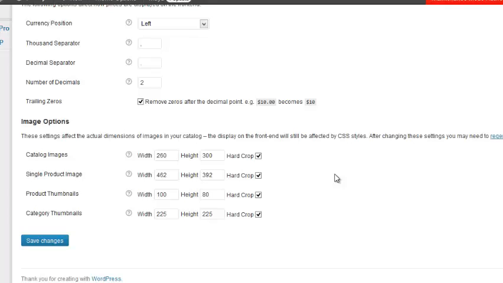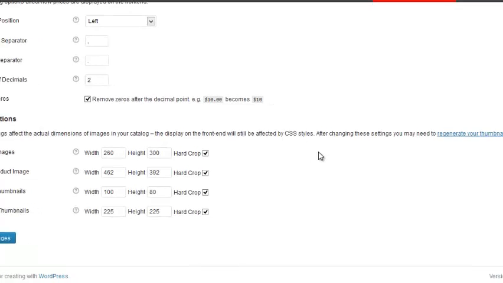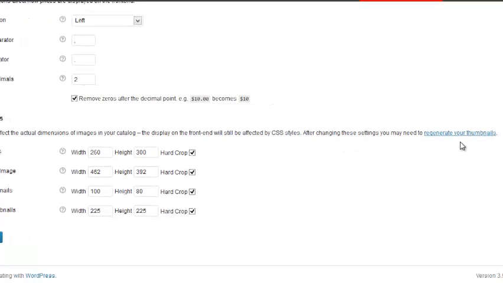But if you do change these dimensions after the initial installation, you may have to regenerate your images. And in fact, there's a note here on it. It says regenerate your thumbnails, and there's actually a couple plugins out there that will do it.